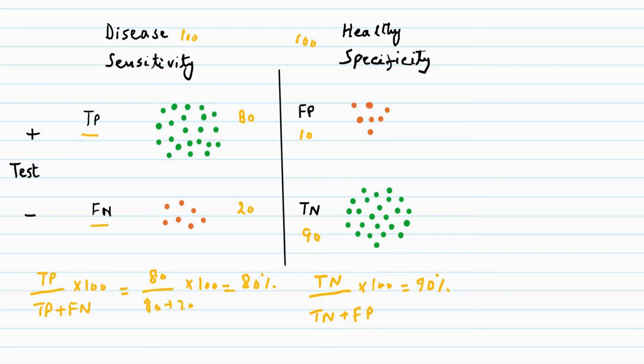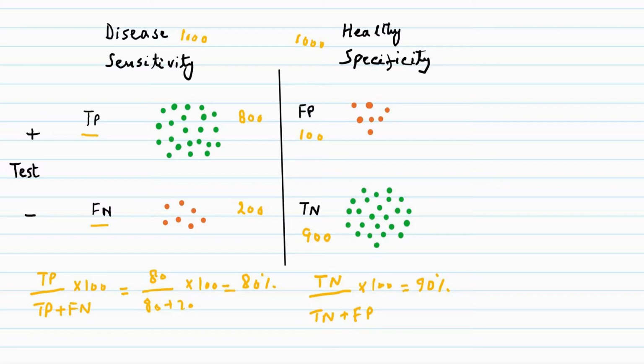Suppose we have 1,000 people with disease and we'll see our number of true positive results will increase, as will the number of false negative results, but the overall proportion will remain 80%. Similarly, in people who are healthy, the number of false positive and true negative results will increase, but the specificity remains 90%. So we can see the specificity and sensitivity of a test doesn't change with increase in